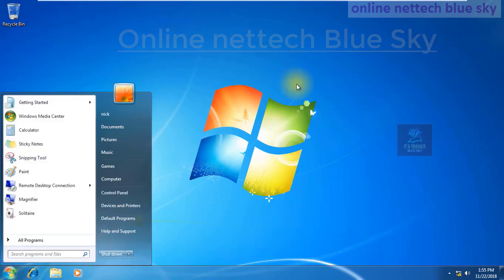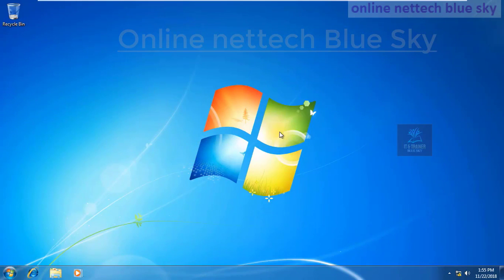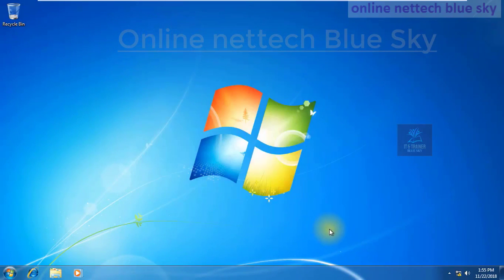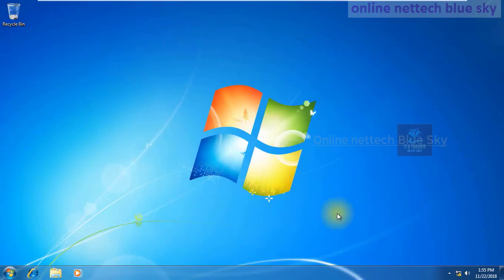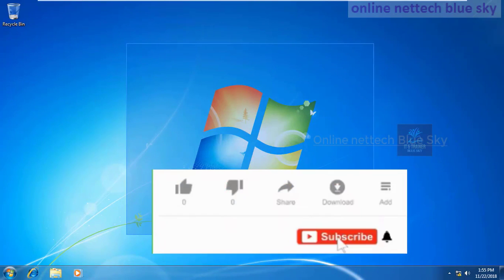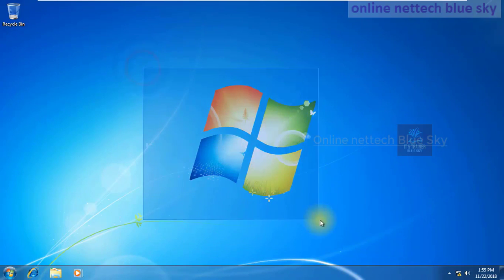In my Windows 7 you can see it just here, and how we can use Content Manager. The first step for Content Manager is network communication, and once the network completely starts communicating with your other computer, you will understand how to use Content Manager for the computer. Content Manager always shows with your network here. I already told you in my previous video, so watch my last video on how to use Content Manager and what Content Manager is.